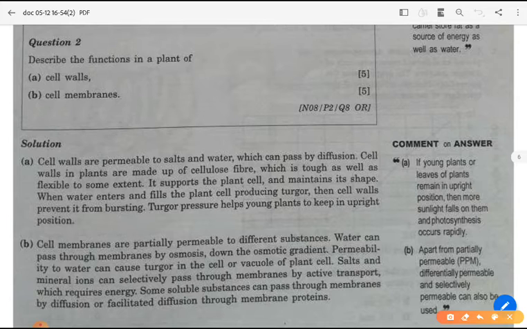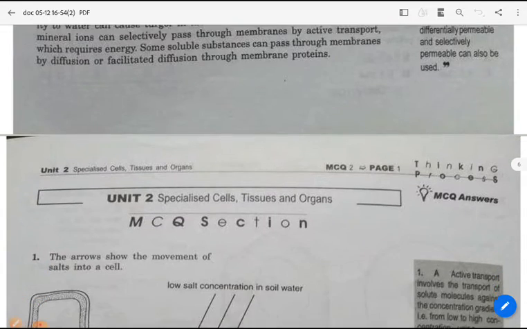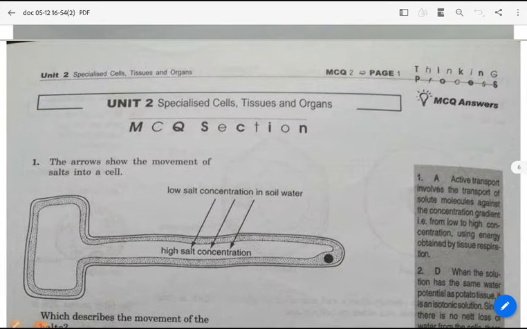And also the second part is this, that we have to describe the function of the cell membrane in a plant cell. Now you have gone through both these topics while we were studying our chapter number 1, so I think this will not be difficult for you. Again, revise those topics and try to give a comprehensive answer to these two questions. This is the end of our first part. Now the second part of the first chapter is specialized cells, tissues and organs.